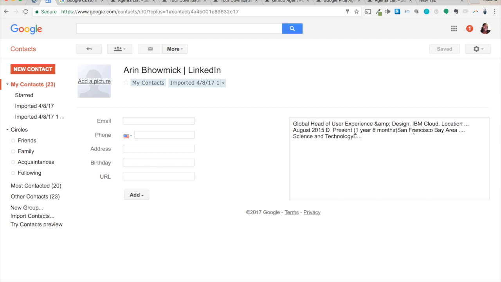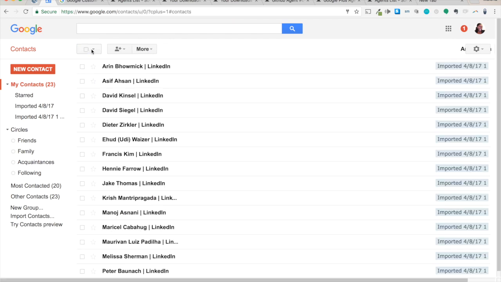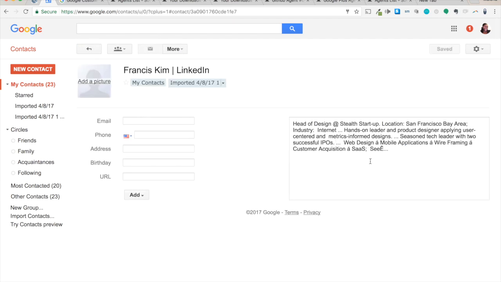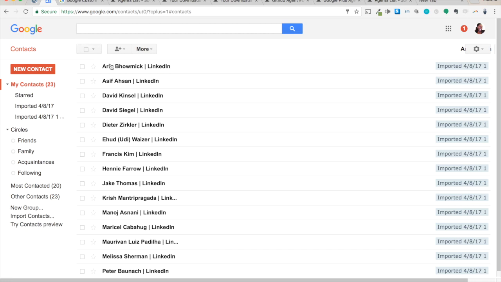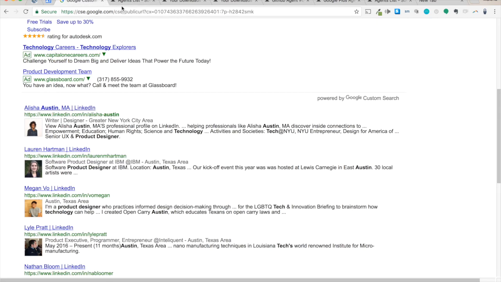The notes are here. They look like they're a little bit abbreviated, but I'm not really concerned with that at this point. Now, I'm sure there are some things that I could do to tweak it. And let me actually show you something else fun that you can do. So now I have my contacts loaded in my CRM pretty seamlessly. Now what I could also do is go back